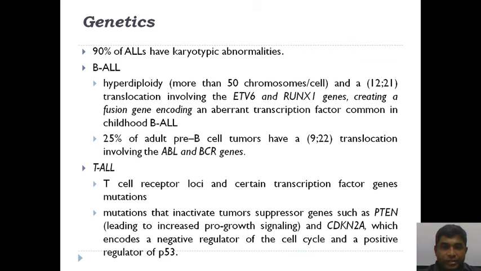In T-ALLs, the mutations commonly involve the T cell receptor locus and certain transcription factors involved in T cell differentiation. And mutations also inactivate tumor suppressor genes such as PTEN and CDKN2A, which regulate the function of the P53 gene or